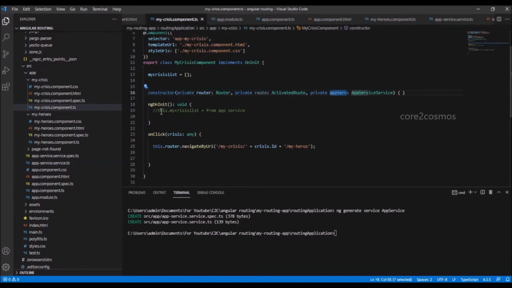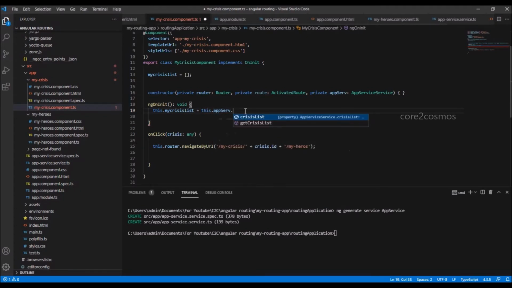Line number 19, I say this.myCrisisList equal to this.appserv.getCrisisList.